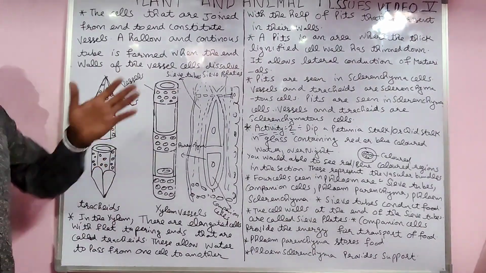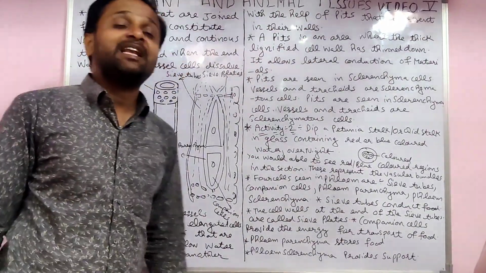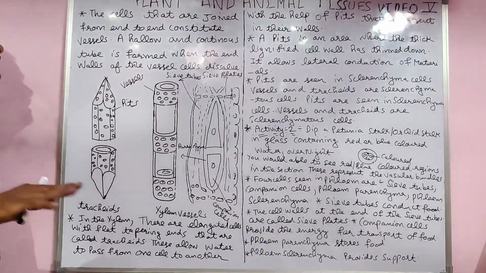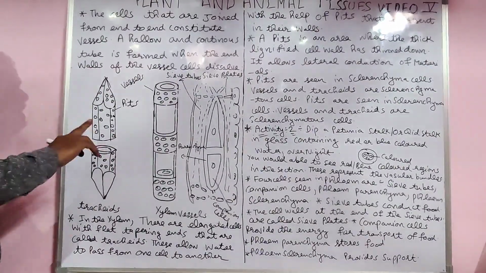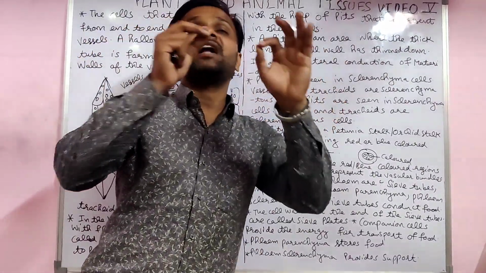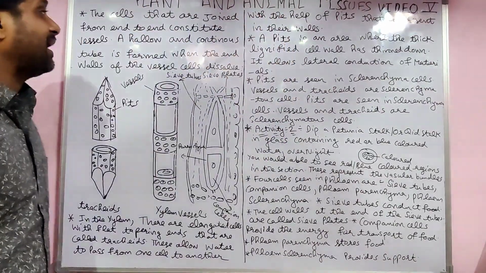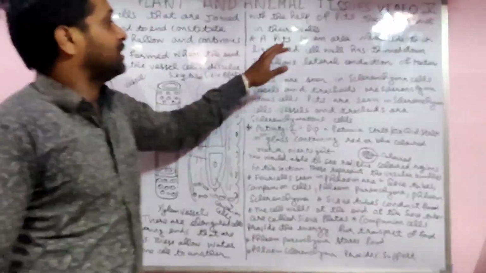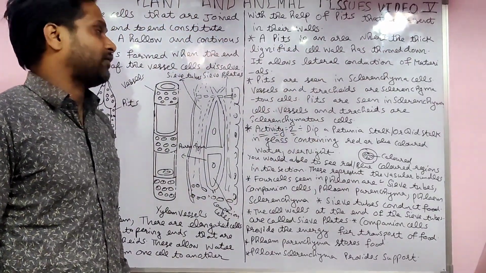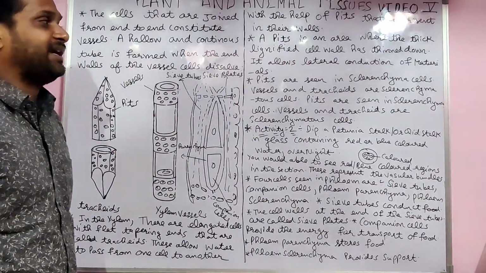Pits are small holes present in the wall, and these pits are very specific in nature, students. Selective in nature. Only a particle whose size matches the hole can pass. If the hole is small but the particle is big, it is unable to pass. The pit is an area where the thick lignified cell wall, made up of lignin, a carbohydrate,